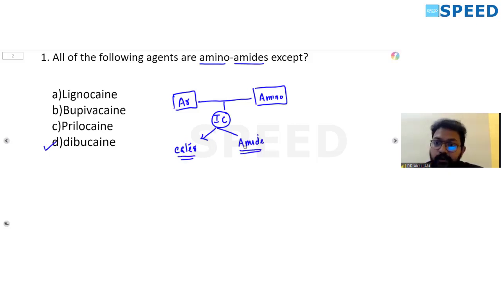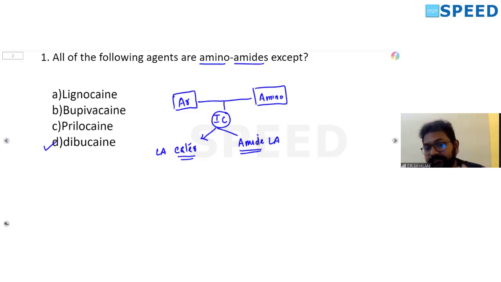Based on this fact, your local anesthetic agents are classified as either ester local anesthetic agents or amide local anesthetic agents. Because they have an amino group in their structure, they are otherwise called amino esters and aminoamides. So once again, local anesthetic agents are classified as ester and amide local anesthetics. I'll discuss a few important properties of each.